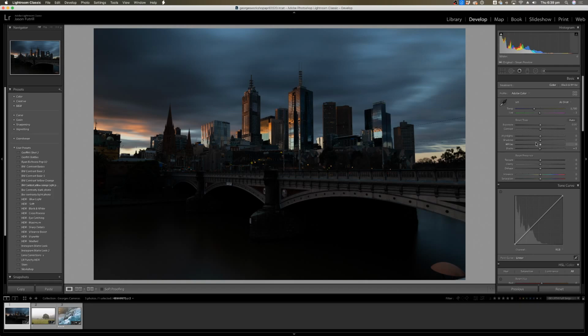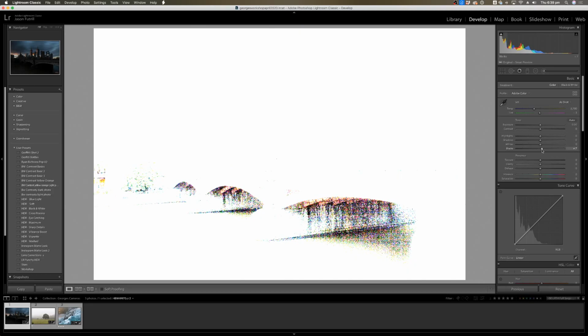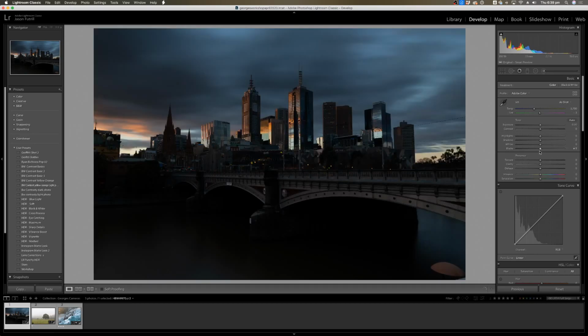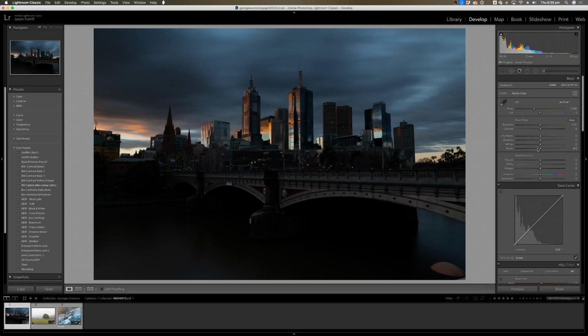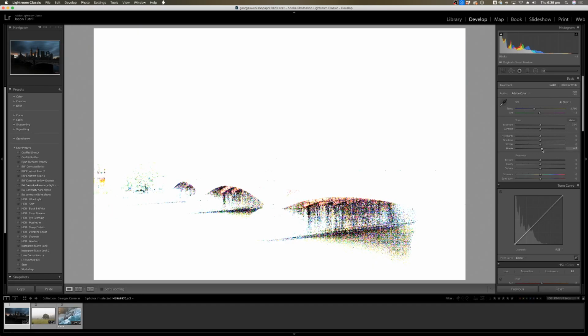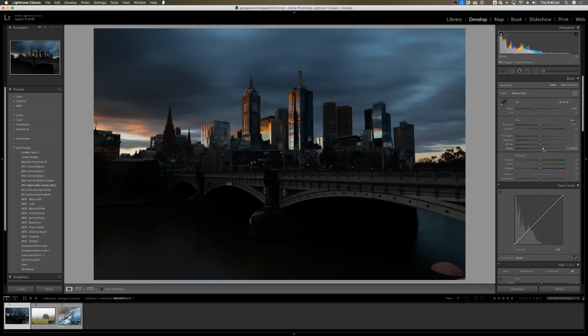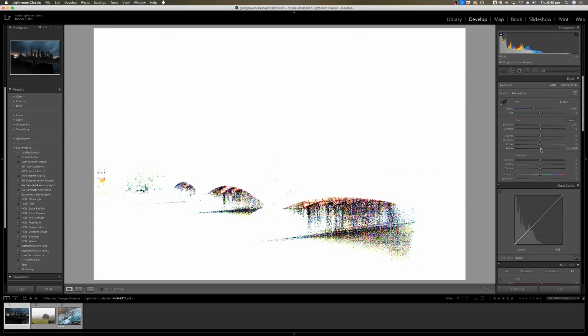Firstly, I'm going to hold down Alt on my keyboard, and you should see the words Reset Tone appear. Now, what I want to do is just slide blacks across. On a Mac, it's Alt. I haven't used a PC for a long time, but I'm going to guess it should be the same. We're just sliding across. What we're actually looking at here is a mask that gets created over the top of the image that shows what pixels are still underexposed. So if I hold down Alt and slide across,